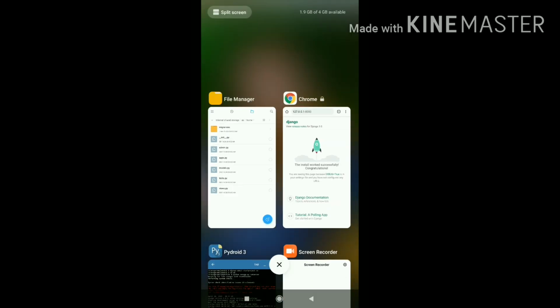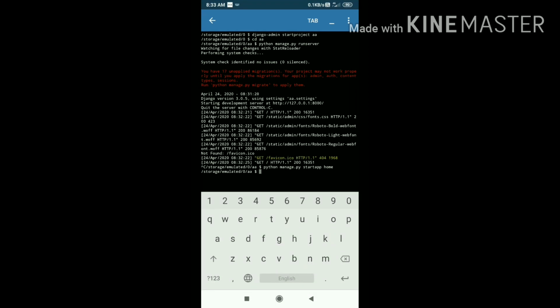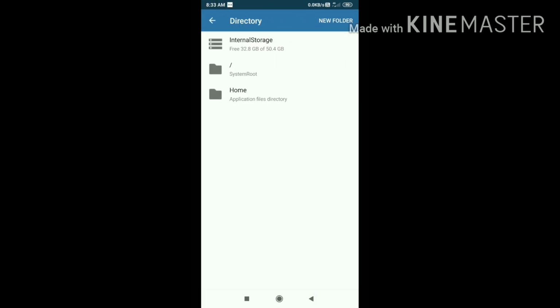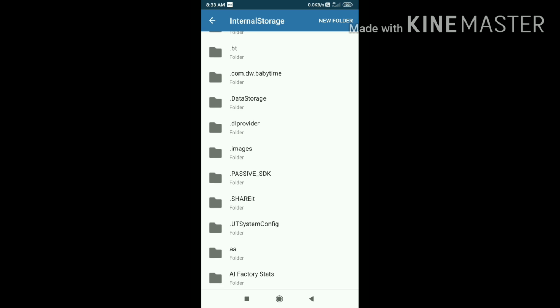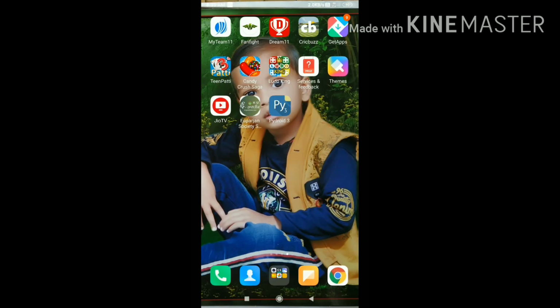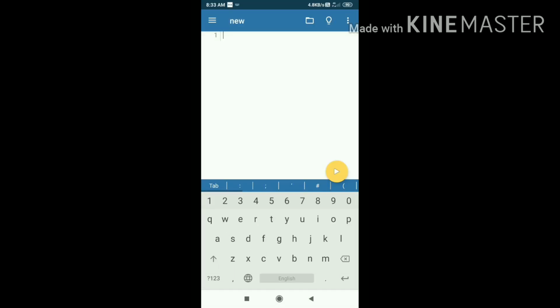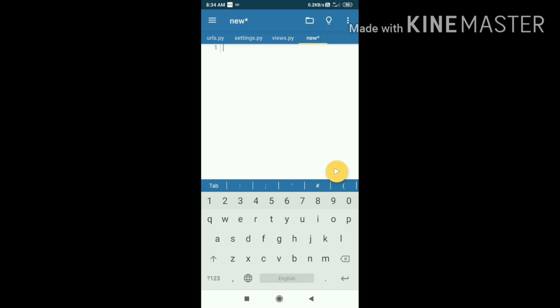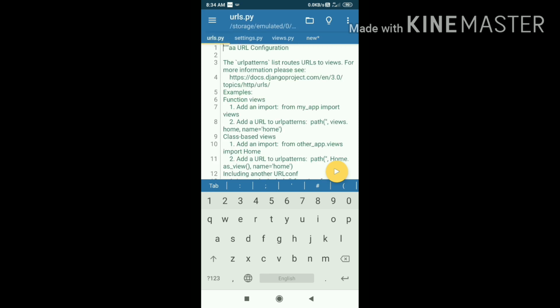Let's go to our editor app, and we are going to open these files from there. Let's open urls.py from AA, and settings.py also from AA, and views.py from home. So quickly I'm going to open them.